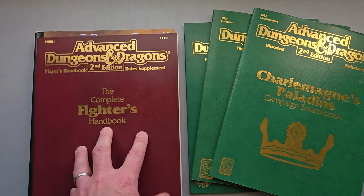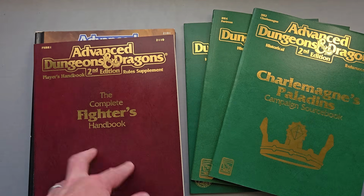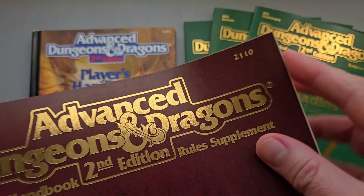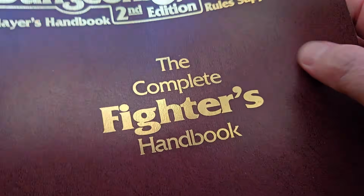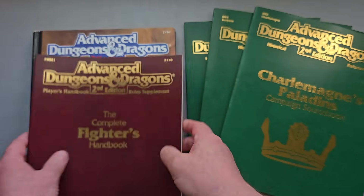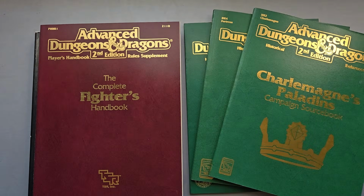So very similar format. It's just type on a blue background instead of being a brown background. But again, this background, it's kind of hard to see. It's thick, but that's why it's called Leatherette. It's made to kind of look like it's a leather book. Okay. So then you have the blue ones that look like, I guess, blue leather, which to me doesn't make as much sense. But the Dungeon Master's Rules Guides, the